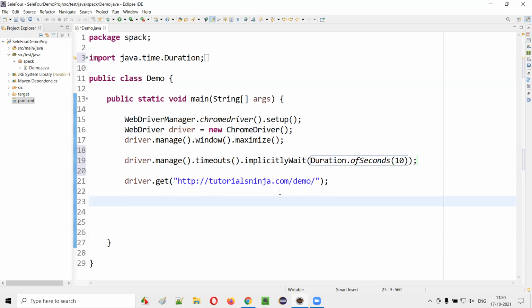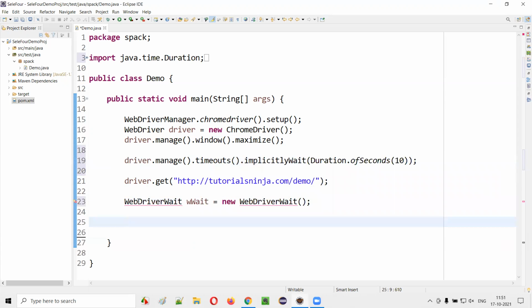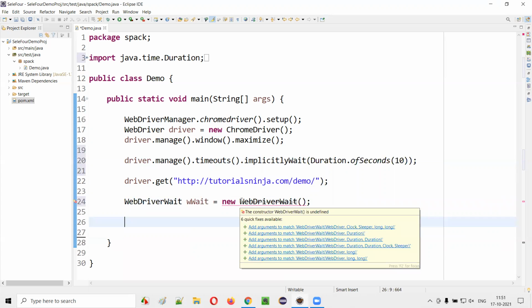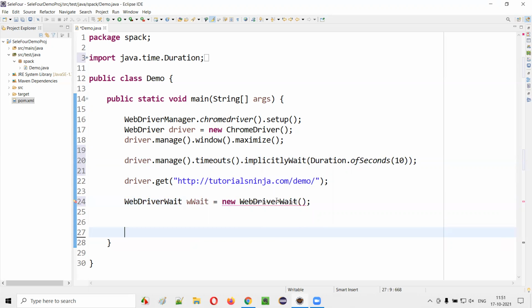Now let's go with the explicit wait mechanisms like WebDriver wait and Fluent wait. So let me start creating an object for WebDriver wait. wait is equal to new WebDriverWait. If I import WebDriverWait and hover the mouse here, you see it's coming as deprecated, it's struck off.